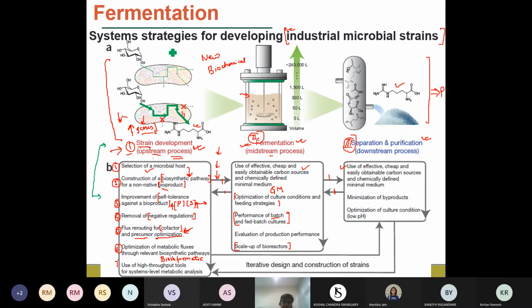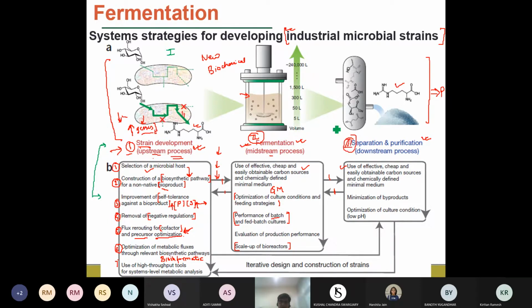So this is the first stage, the first part we will mostly be focusing on: strain development. We looked briefly at the different techniques by which you can develop your strain so that it can withstand the different engineering effects or other conditions in a fermenter system, and so that we can effectively produce the product with a lower number of downstream processes.